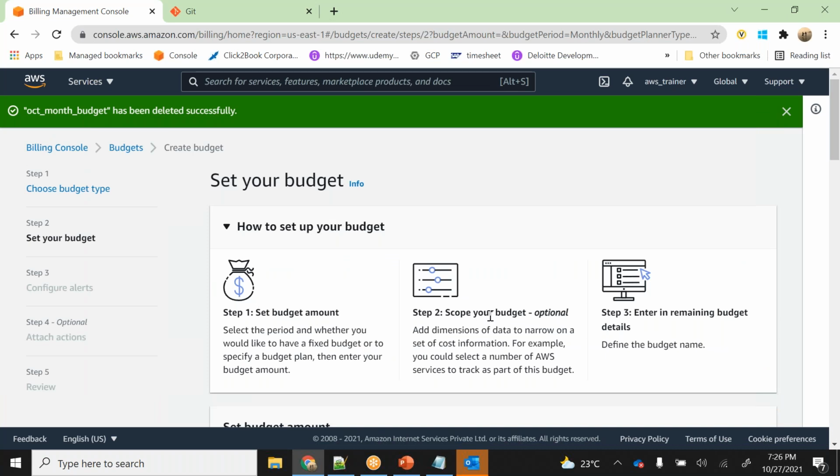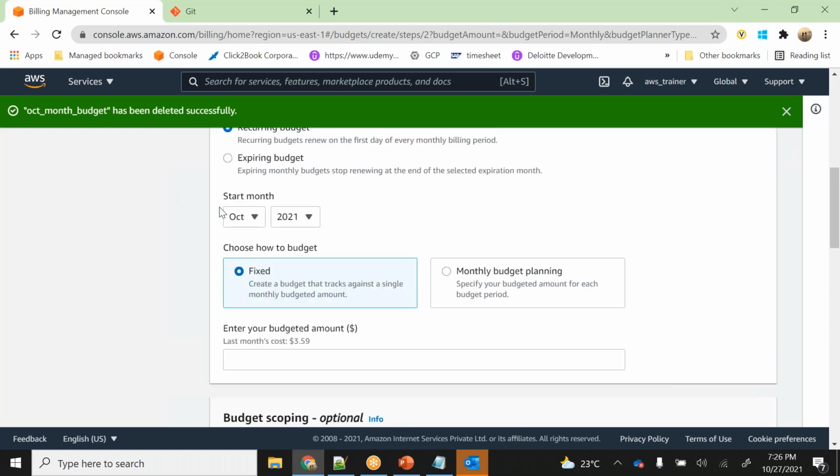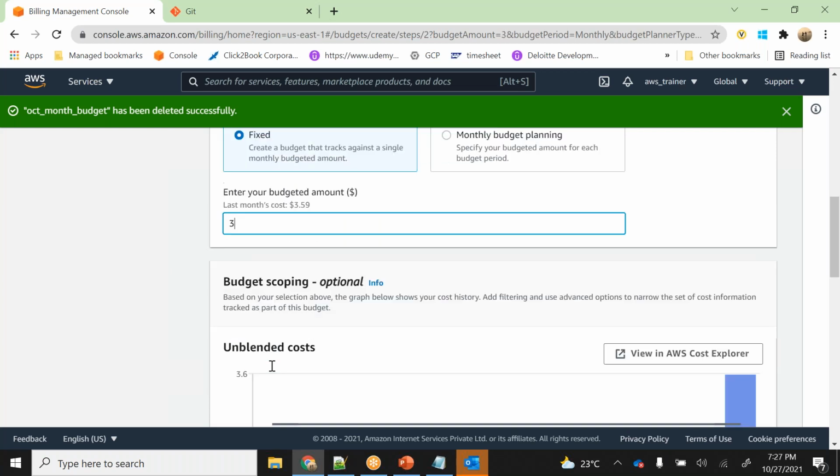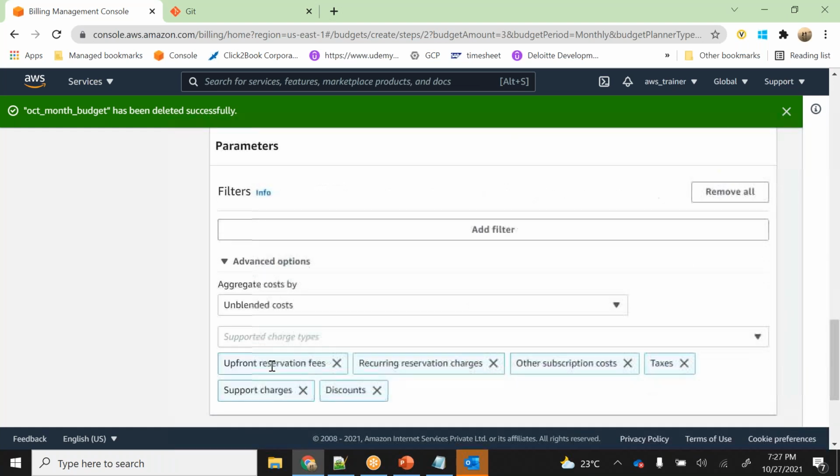You set a budget, what's the scope of the budget, and then the budget actions basically. So give a name, set a budget. This is a monthly budget, it's a recurring, and I'm doing it for the month of October. And I say fixed, means at any point of time, if I spend more than $3 per month, you tell me, okay, this has exceeded your